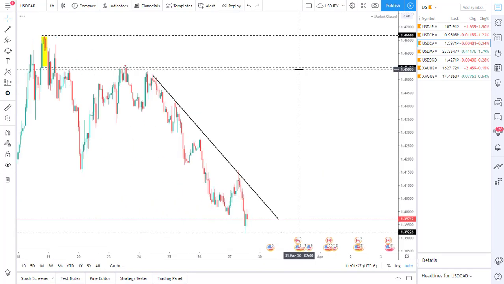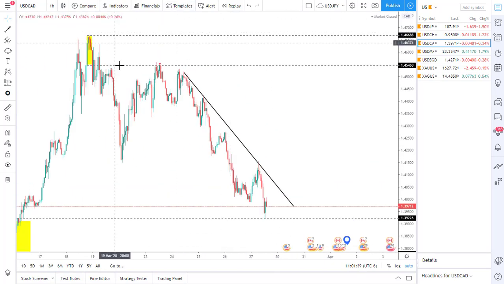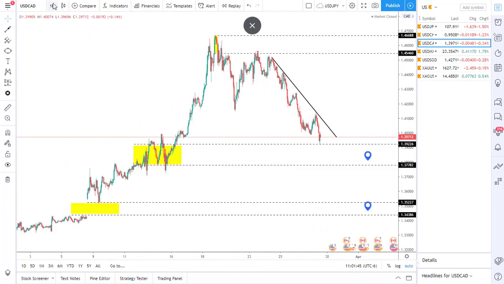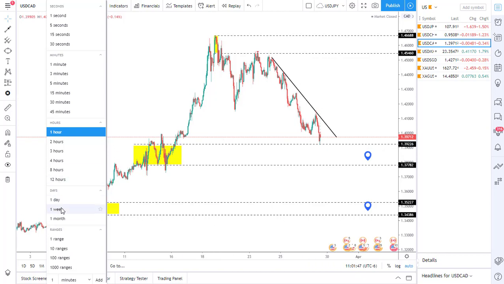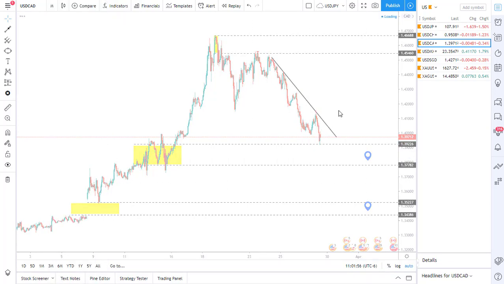Let me show you the 1 hour time frame. We have like a, you know, head and shoulders pattern right there. Anyways, right now price is at a daily fresh demand zone. All right, this is a base level,